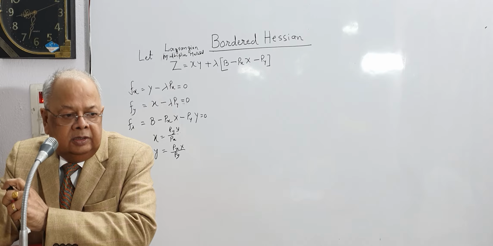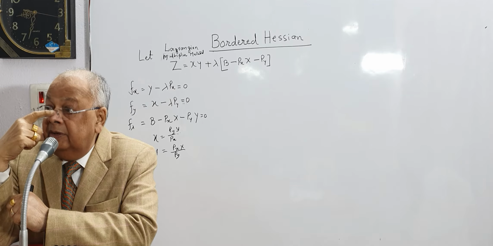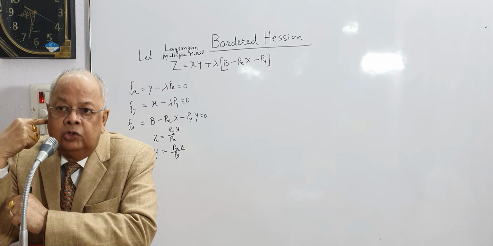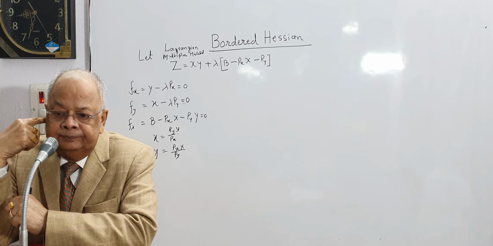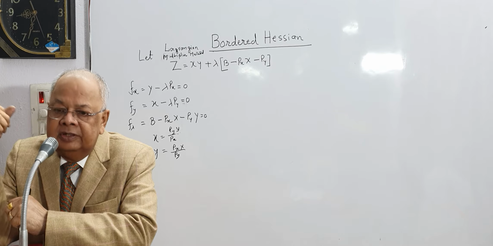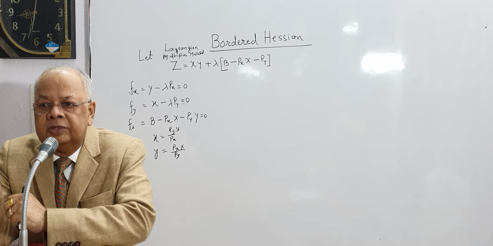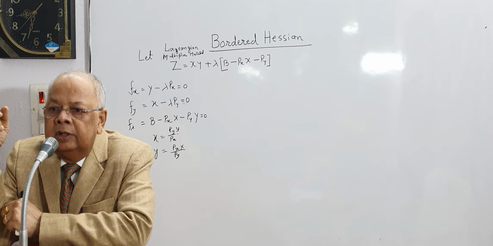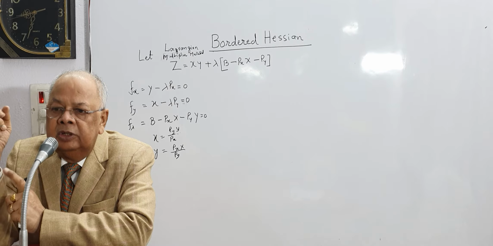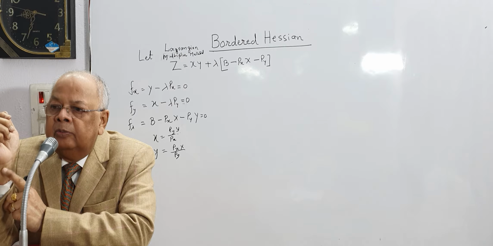In this class, we try to add up bordered Hessian testing of the Roy's identity case, where maximization of utility was tested in a previous video